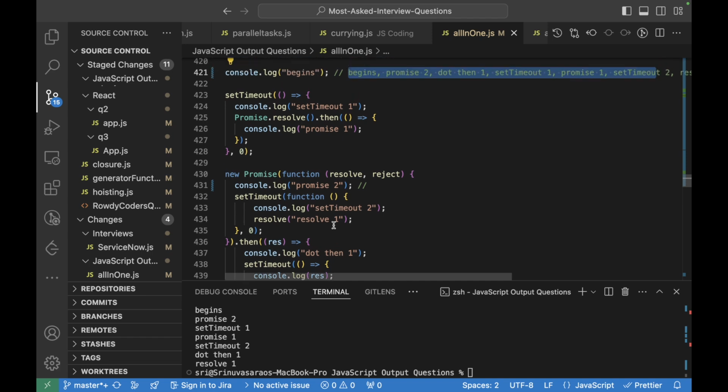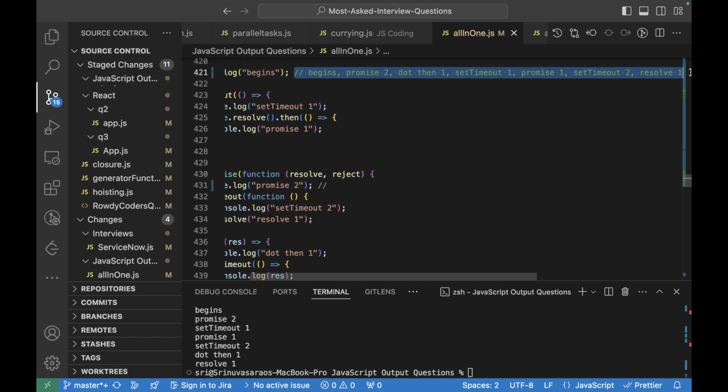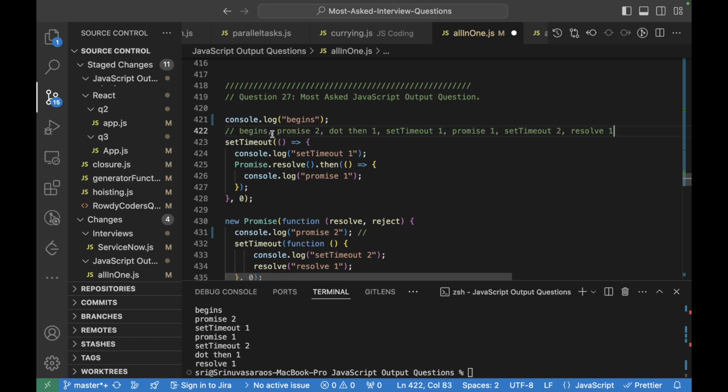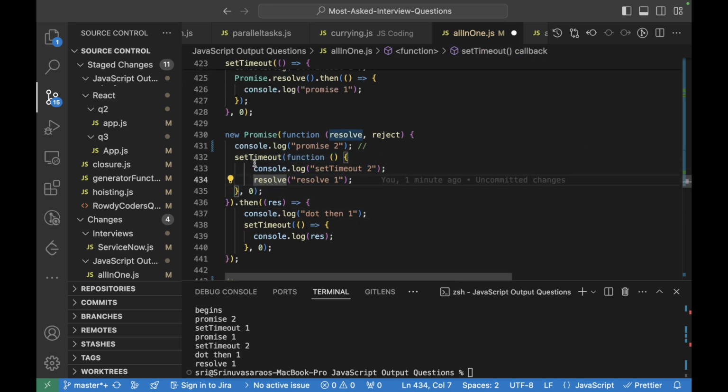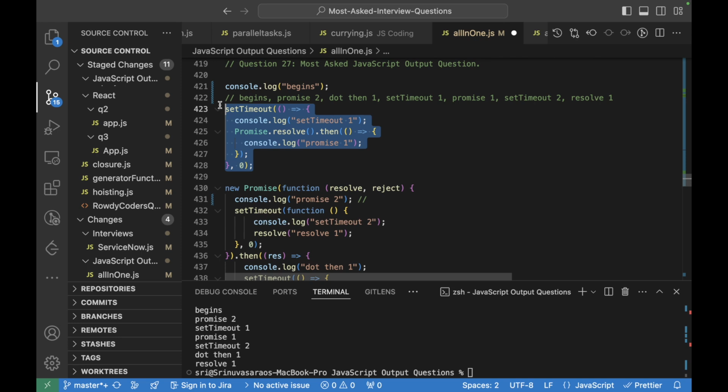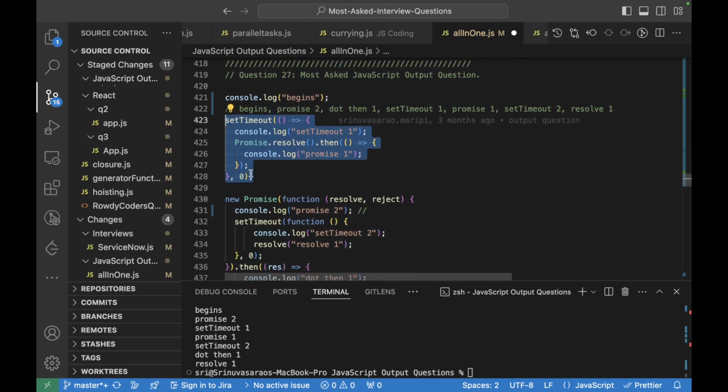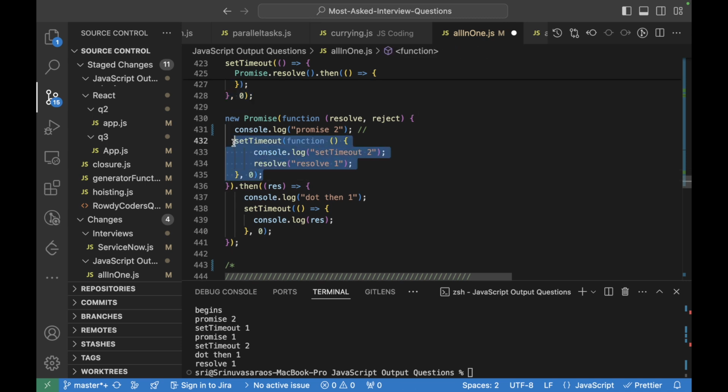So that is the reason it gives the output a little differently. So let's rewrite the output properly. Okay, I hope you understood what I'm trying to mention here. If you observe, this is being resolved after 0 milliseconds, but these setTimeouts are pushed first, so these two setTimeouts will execute first, and only after execution of those two will this particular resolve be resolved, and then this will come to this place.